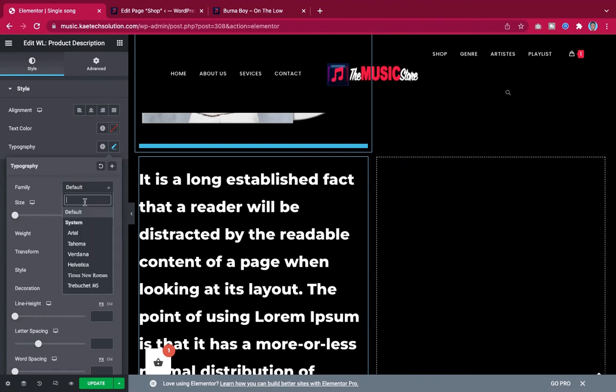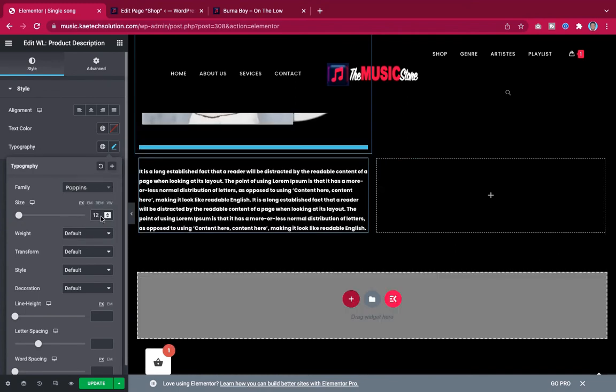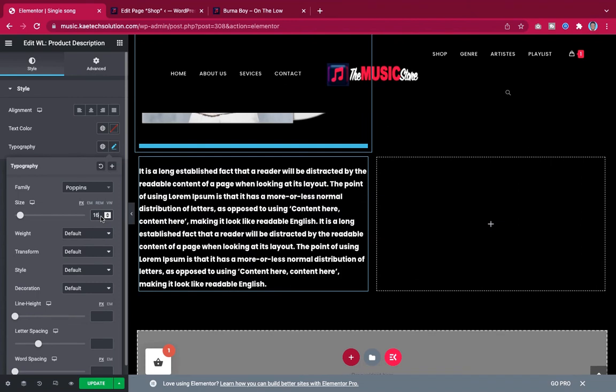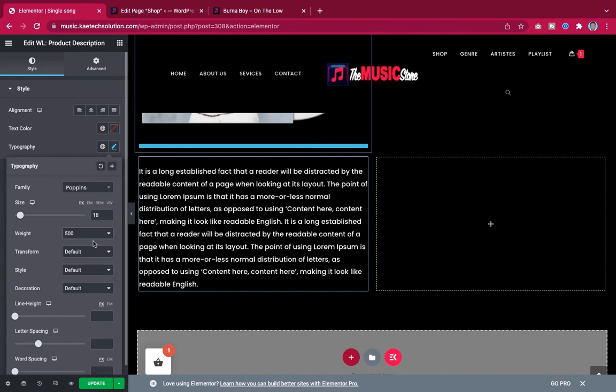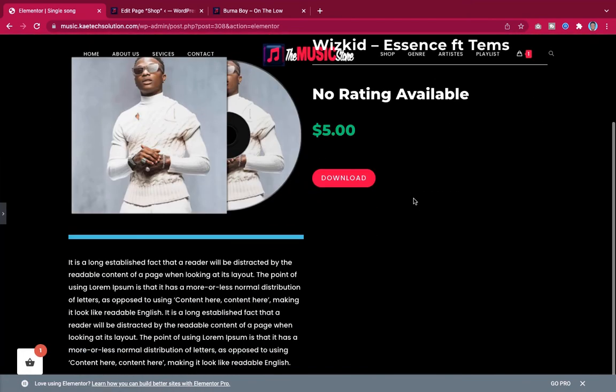So we want Poppins, and then we want it to be like 16, and then we want it to be 15, something like this. So it's gonna look like something like this. Okay,